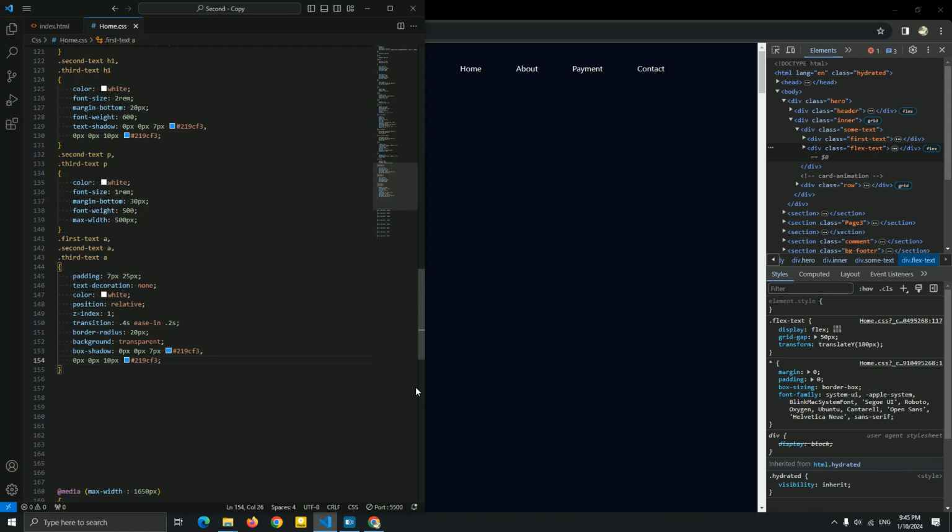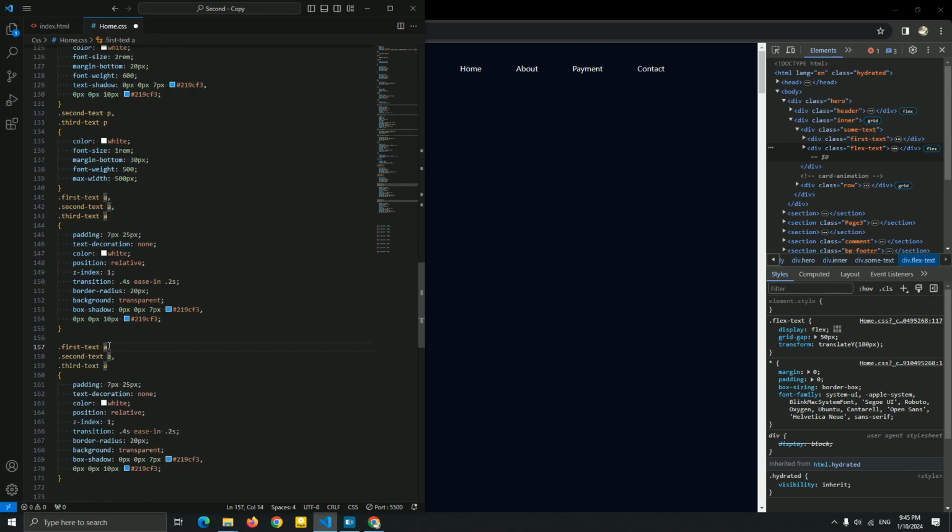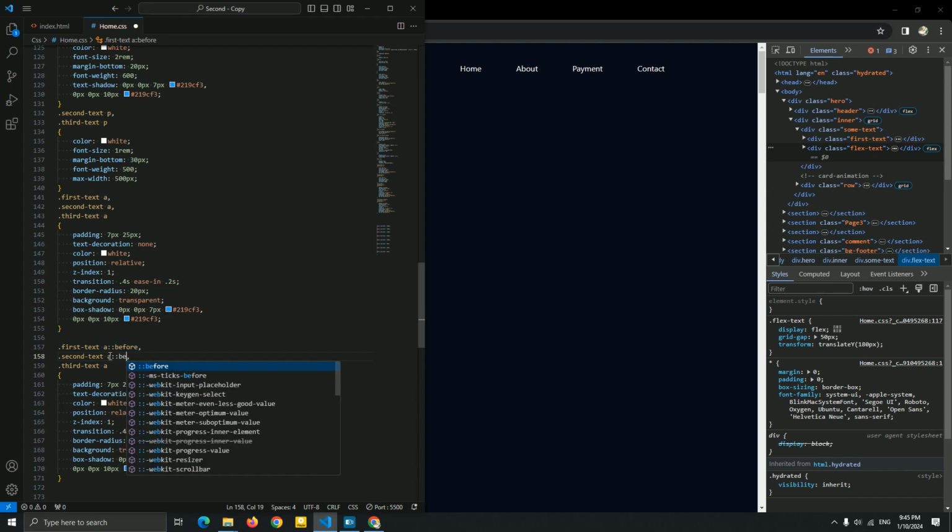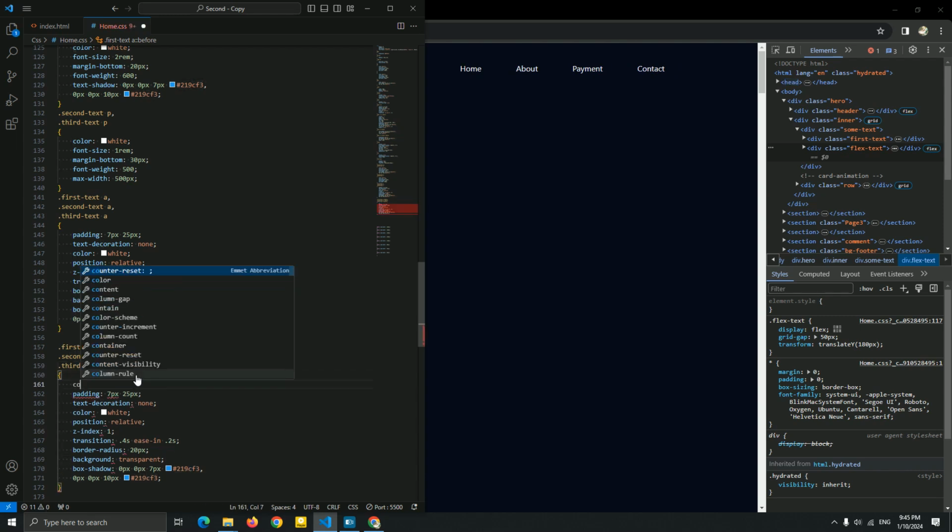So to create a before, I want to create a card. If you've seen the first video, a little card. So for this little card, just copy this, paste it. Oh, you know what, let me just copy this, paste it. Let me just add the before first. Okay, so for this before, I'm gonna add the content empty.